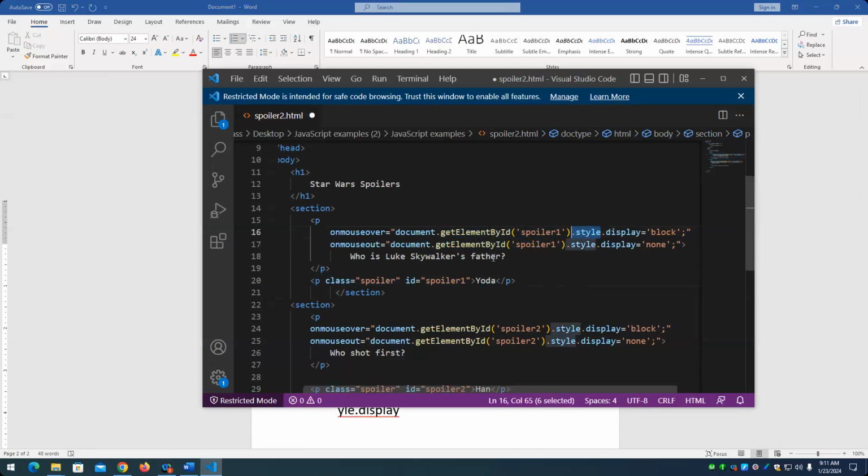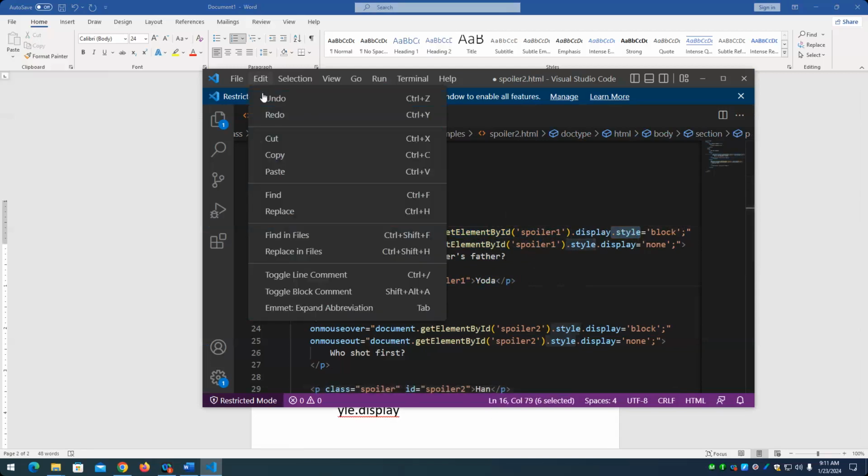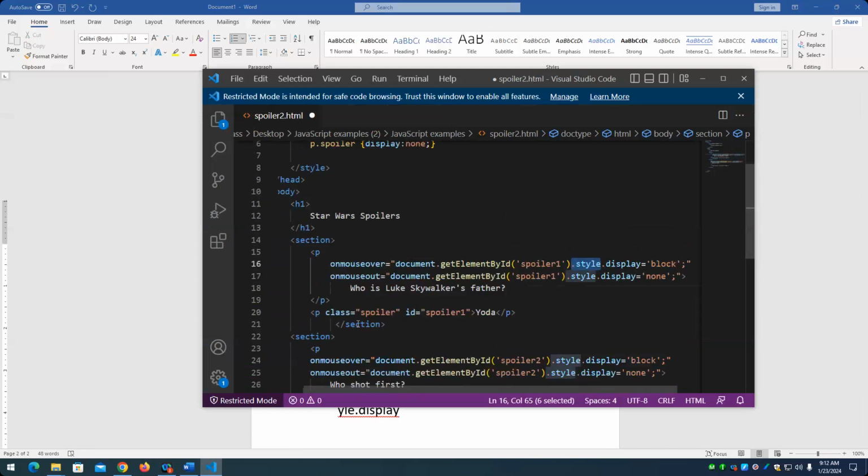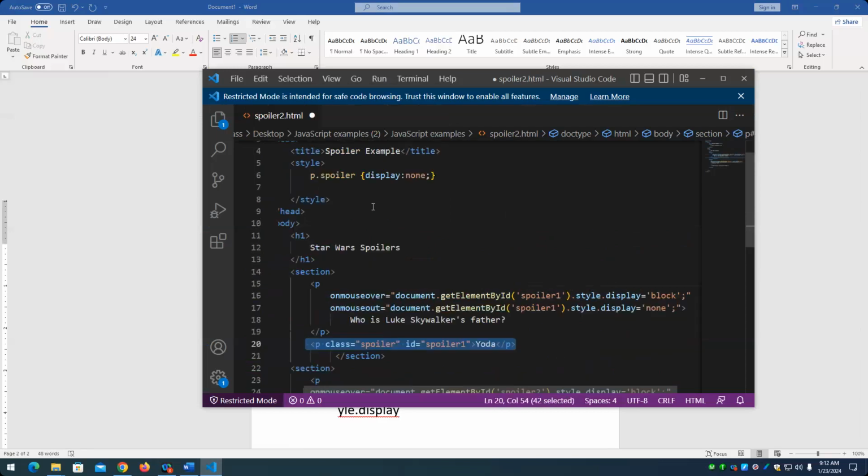What about the style do we want to change? We want to just change the display property. And we want to change that to block. That will make this element visible, because if you notice, these paragraphs that have a class of spoiler are